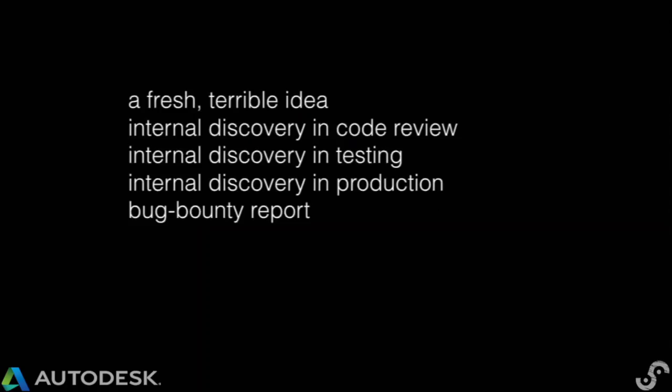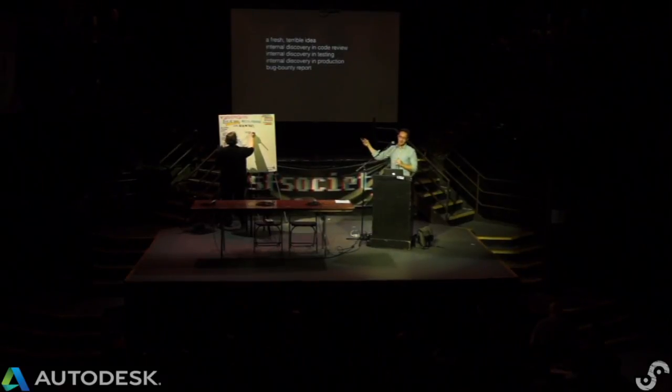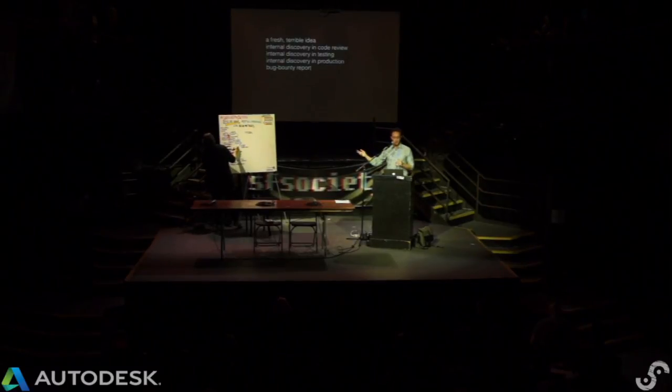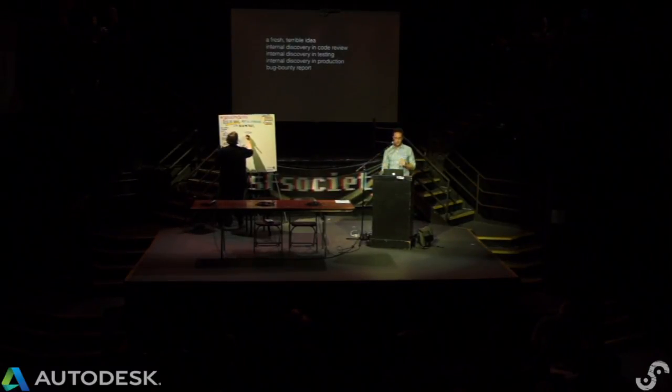And so one of my first maybe scientific principles here is this spectrum of badness. It starts in the early development lifecycle, right? You've got an engineer who sits down and is about to commit the worst security mistake of all time, and it's caught at the very beginning. You can catch it after that in code review if you've got another engineer who says this doesn't look like a great idea, or maybe you catch it in testing or production. But overall, there's this traditional good to bad trend in which you want to catch issues earlier